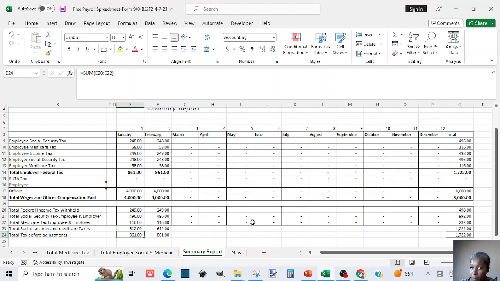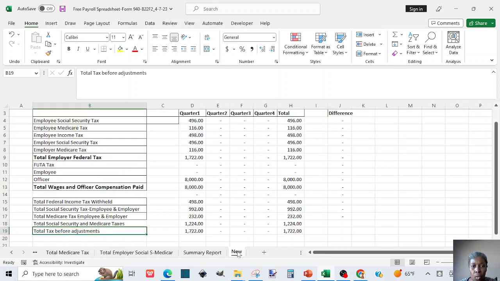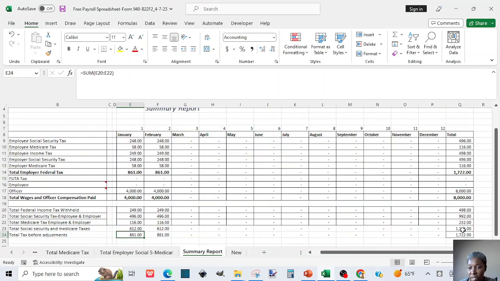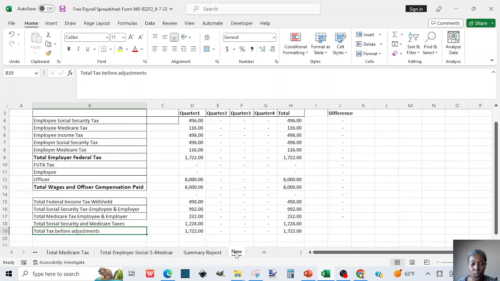But this one is doing it by month. That's why I'm adding another column to do it by quarter, because the summary report, the year end, will work well for form 944. Since that's an annual tax return, you just compare it to the total at the end of the year. But the new form will work well for form 941, because form 941 is a quarterly federal tax return. So the amount on it, you will be able to,